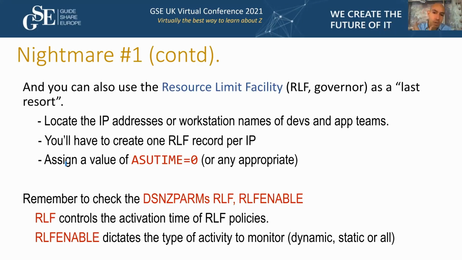You can actually let them connect, but if they run any kind of query, it will fail. How? By assigning an ASU time of 0. But be very careful with this one, because if I am the user or the developer, I connect, and then every single query is going to fail, then come on, what is just going on? Is DB2 down or what? You do not want to see them saying that.